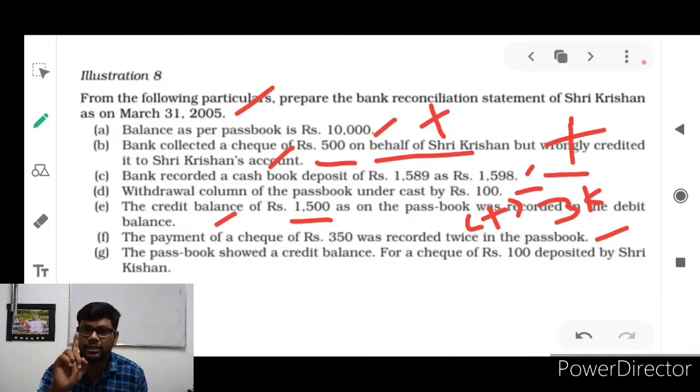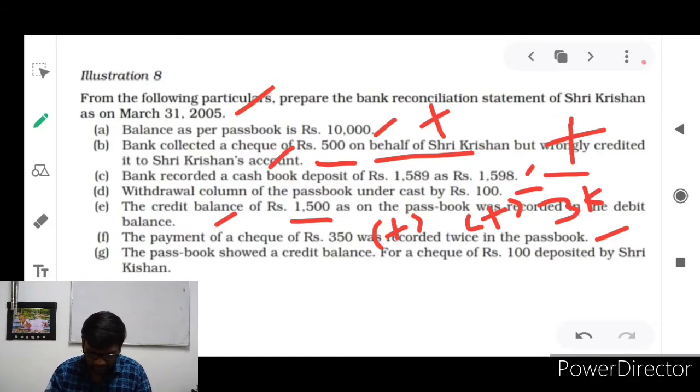But instead of debiting a single time, the banker did the same transaction twice, which means 700 rupees he debited in your bank account. Whose mistake is it? Banker's mistake. That too, an extra debit they did. In the future, after scrutinizing, they will come to know it is the banker's mistake. So that amount will be returned by the banker to you. 350 rupees will be credited in your bank account. So favorable.